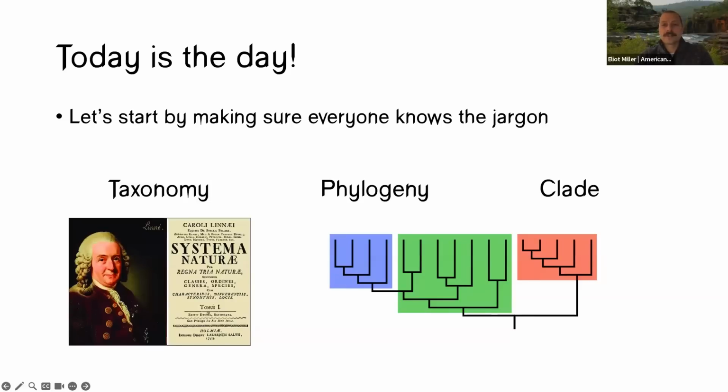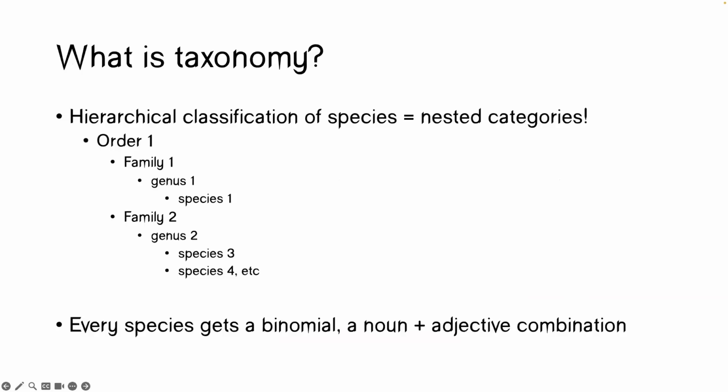So the specific terms I want to get across today are taxonomy, phylogeny, and clade. And there'll probably be some other ones that I accidentally mix in. So Laura, cut me off if I'm saying something that's confusing. Just interrupt me and I'll define it. Okay. So taxonomy is the hierarchical classification of species, where every species, when it is described, gets what's